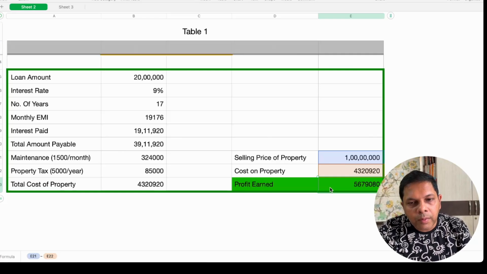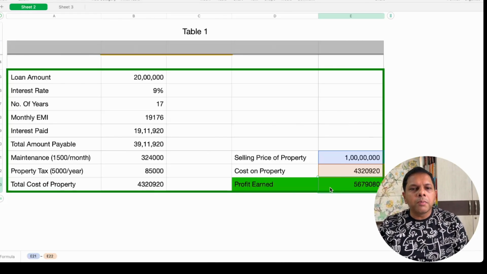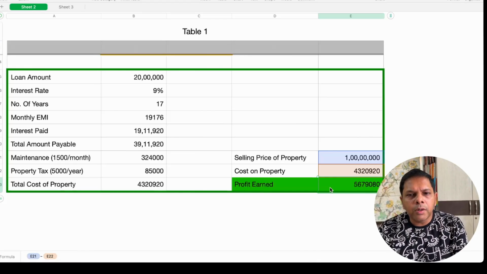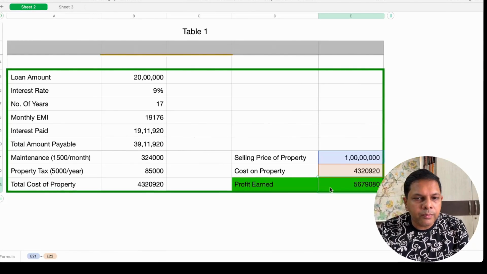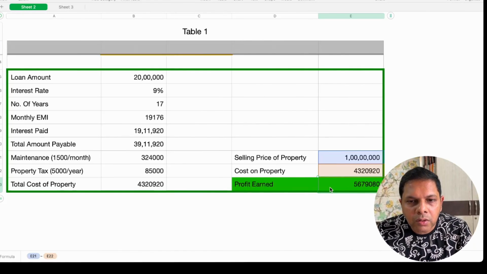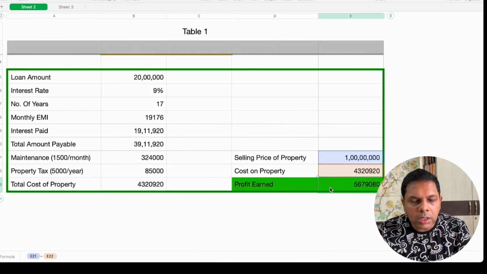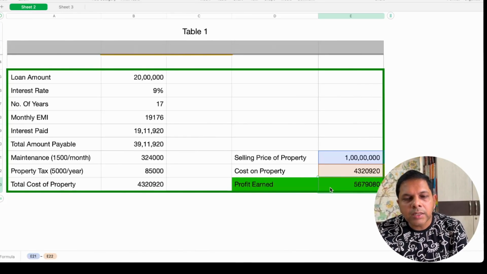Now, I know many of you would be saying that I have not considered the tax implication, the capital gains tax, as part of this transaction. It's purely because it totally depends upon the tax bracket a person falls into, and under what stream they are filing the tax, right? So I really didn't want to get into those nitty gritties, and I've kept it pretty simple, and thus I'm just saying that they have earned a profit from this transaction of around